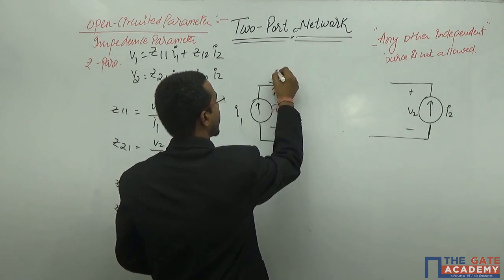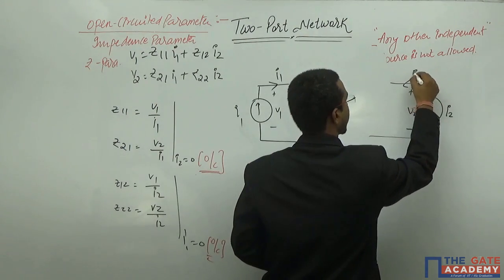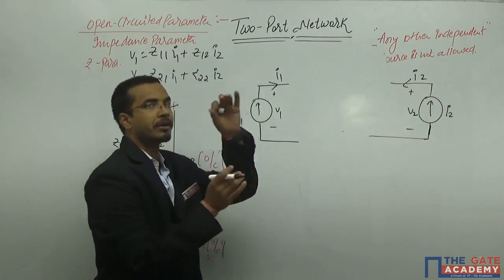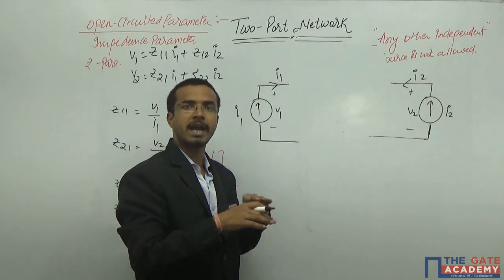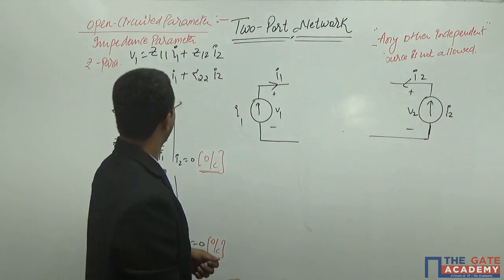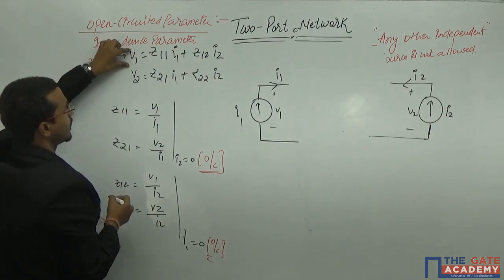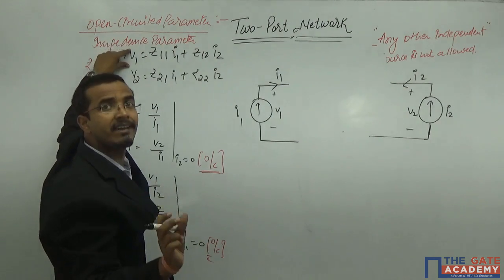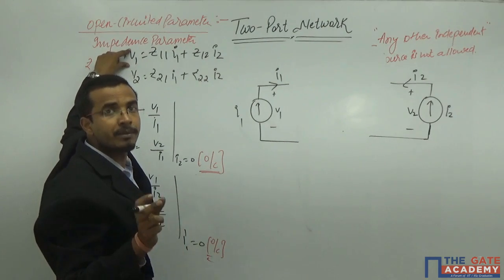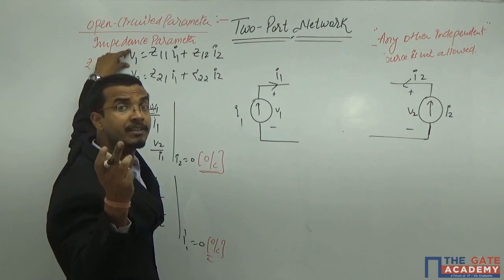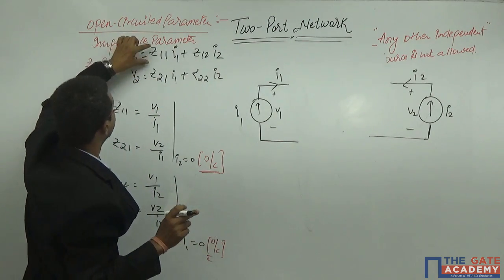That means I have applied the I1 from here and have applied the I2 from here, and I want to replace that particular black box by an equivalent circuit. Now, you know it is a voltage. That means you will write down the KVL equation, because the summation of voltage will be 0 in the KVL equation.